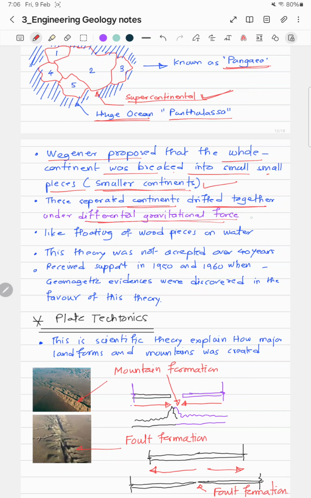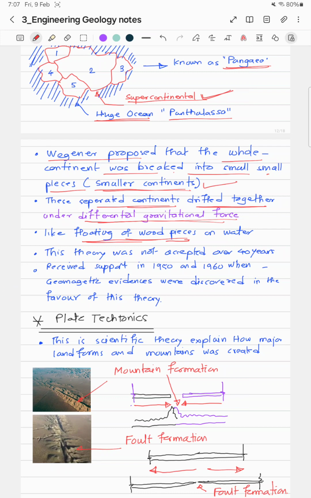Okay, due to the action of differential gravitational force, these continents separated and drifted, like floating pieces of wood. Like how wood pieces float on water,